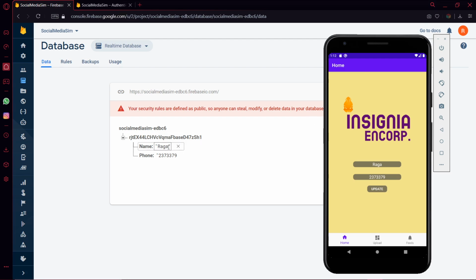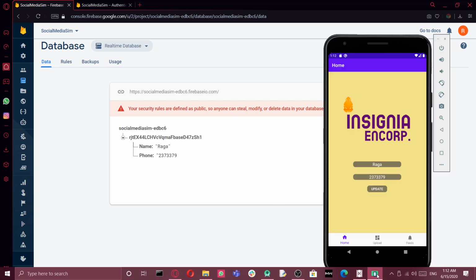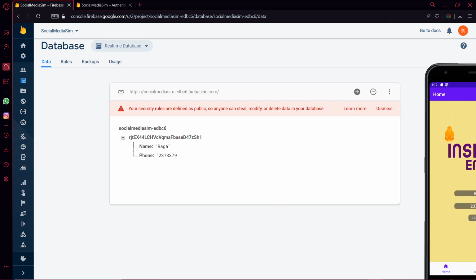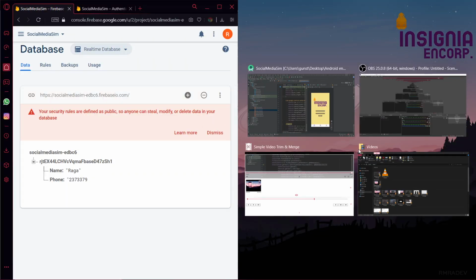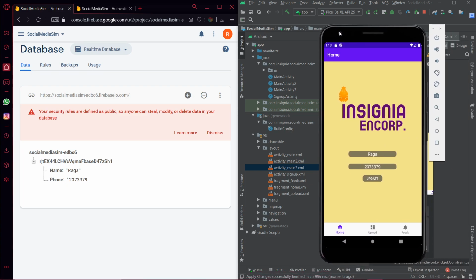So that's it. If I change the data over here, it will automatically change in my application too. If I put a 1 over there and if I wait a second, have split screens, so it is easy for us. I'll update it. Whenever I update the data, it is gonna just get changed over here. So Raga 1, 2, 3. I hit enter, the data is gonna get changed in my phone. This is real-time database. So this is how we do Firebase data write and data read.